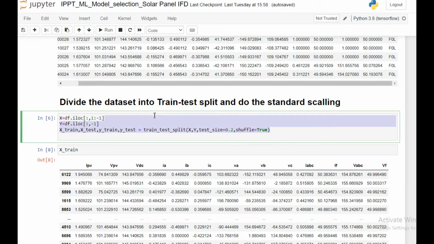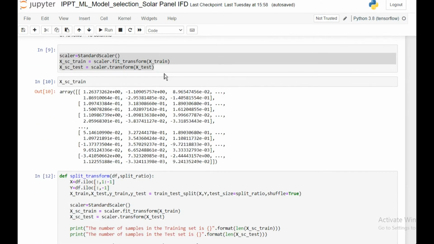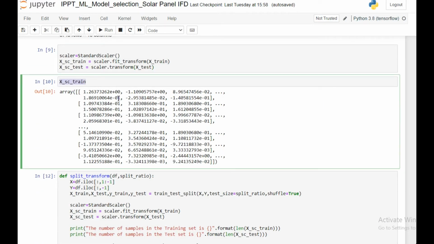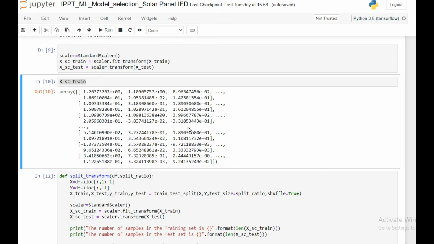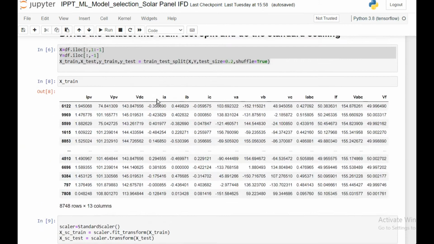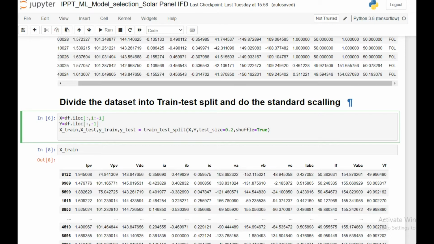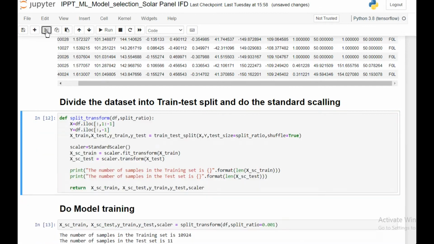That was about doing the standard scaling. After doing the standard scaling, this is how the features look. You can see that all the features are in almost similar range, more or less 0 to 1, a little more than 0 to 1. It basically has a mean of 0 and a standard deviation of 1. So this process, this dividing into dataset and then doing test and train split, I'm going to cut everything